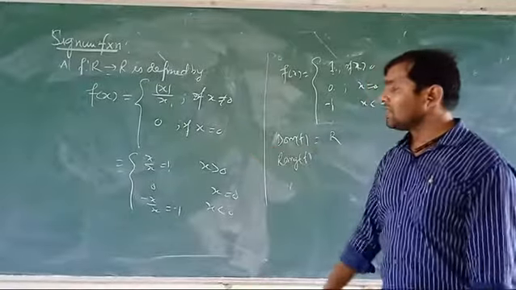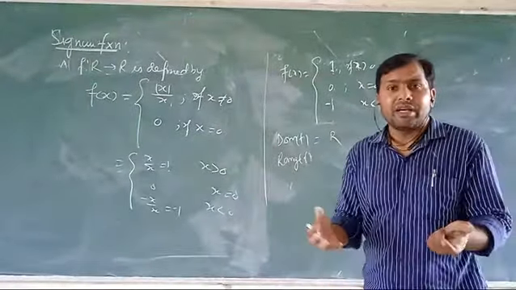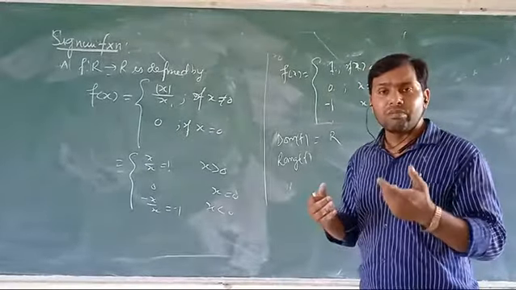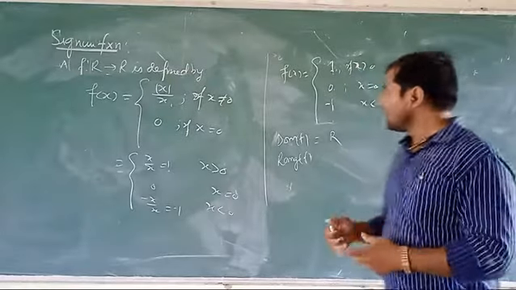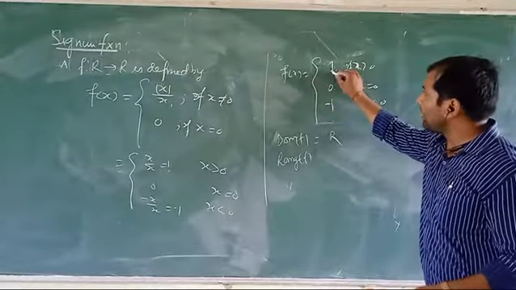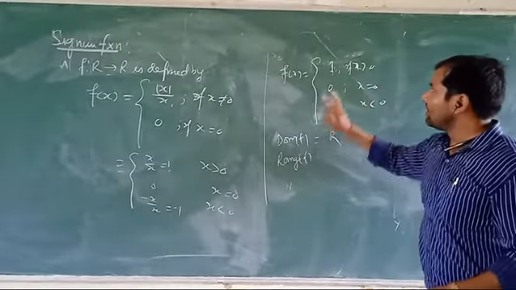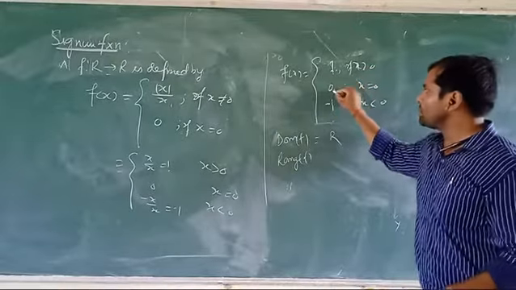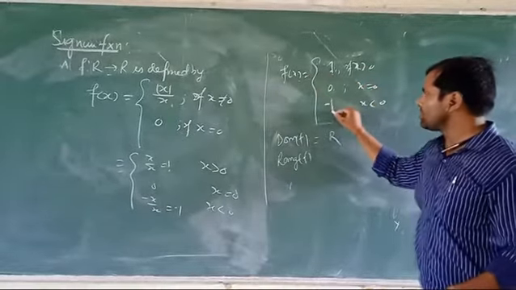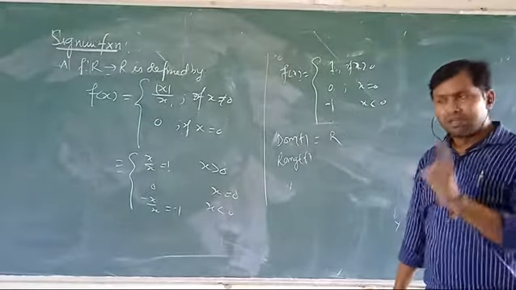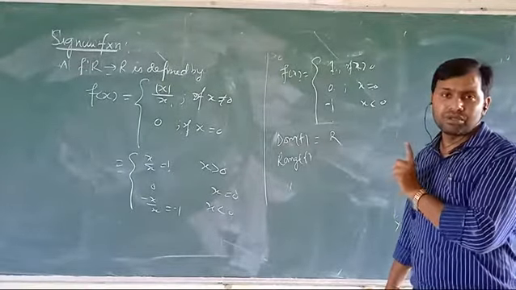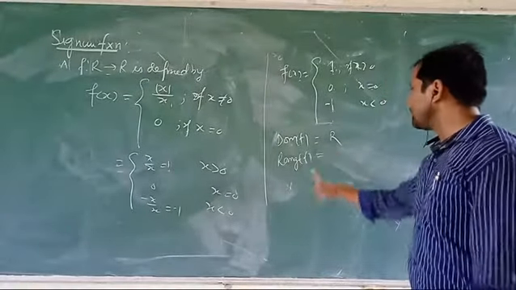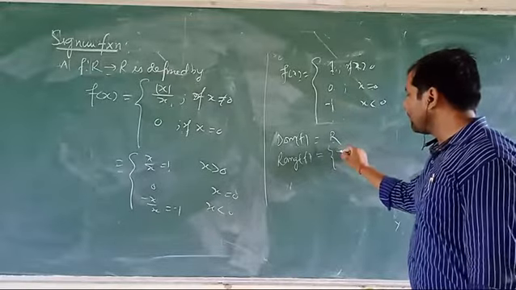What is the range? What value of f of x will we get? We have determined the value of the function f of x, and here f of x is equal to 1, 0, minus 1: f of x equals 1 when x is greater than 0, f of x equals 0 when x equals 0, f of x equals minus 1 when x is less than 0. Should we learn? Everyone should learn.